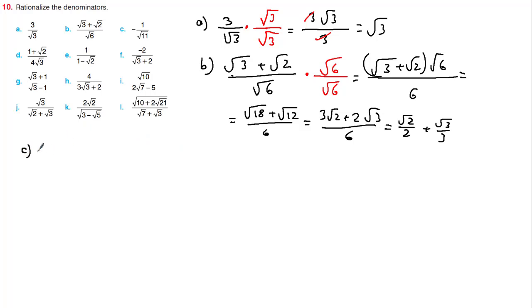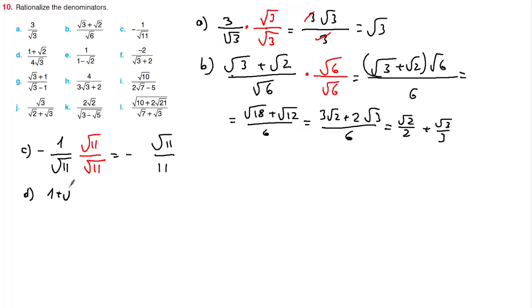Alright, under C we get negative 1 over root of 11. Same goes here, multiply by root of 11 over root of 11, and that makes negative square root of 11 over 11. Under D,